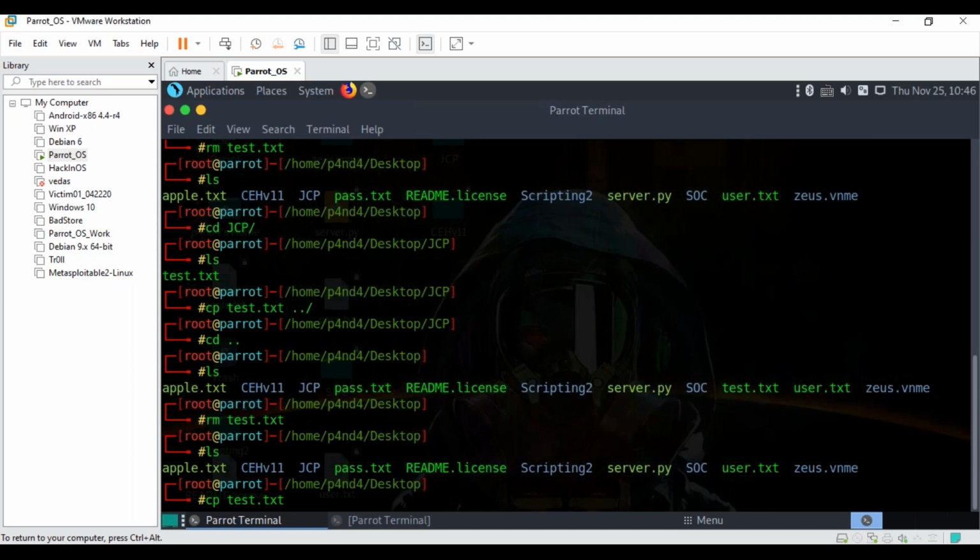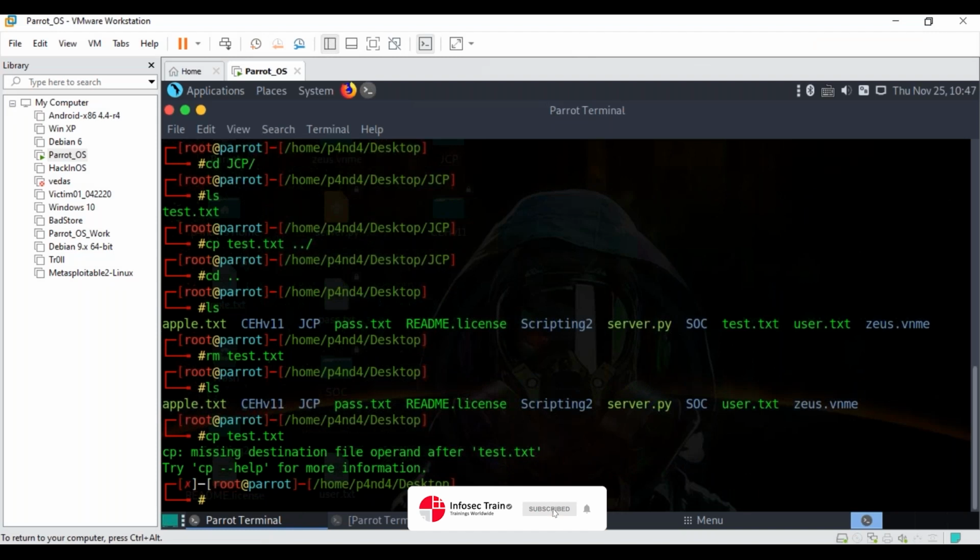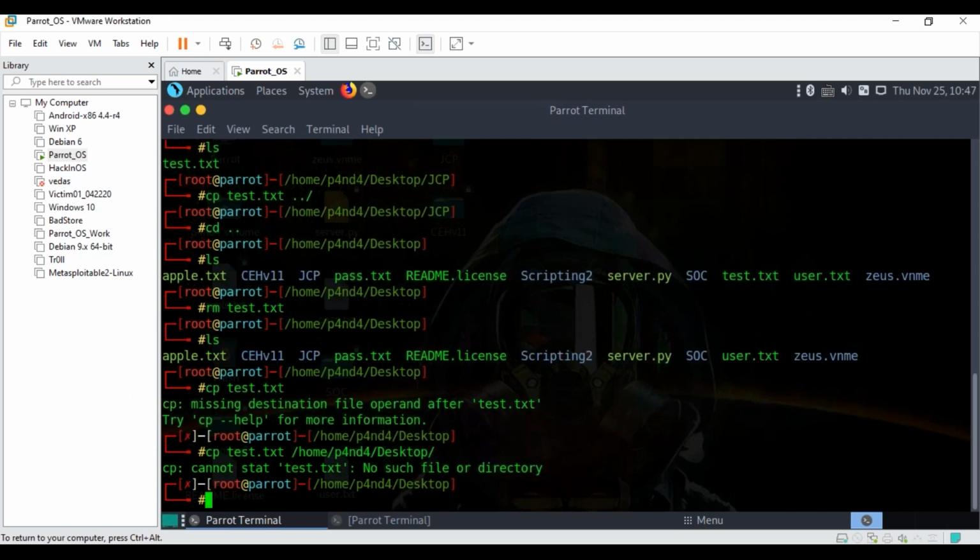The reason being, I am inside my desktop directory, and in the desktop directory there is no test.txt file because I have removed it already. It says missing destination file operand. Even if I write cp test.txt and the entire path, home, p4 and d4, desktop, it says cannot stat test.txt, no such file or directory, because it is not present in my desktop. I will do cp,